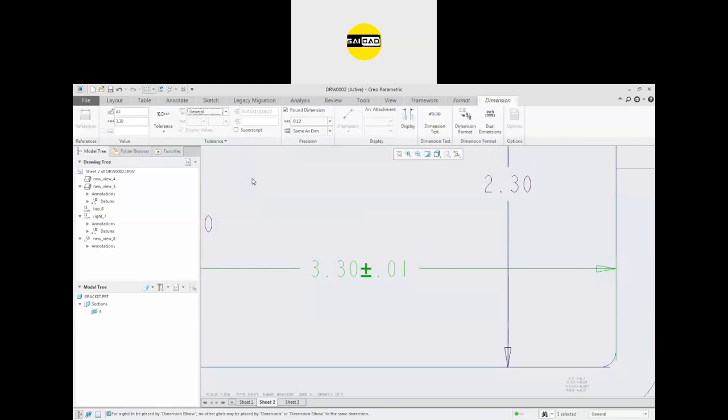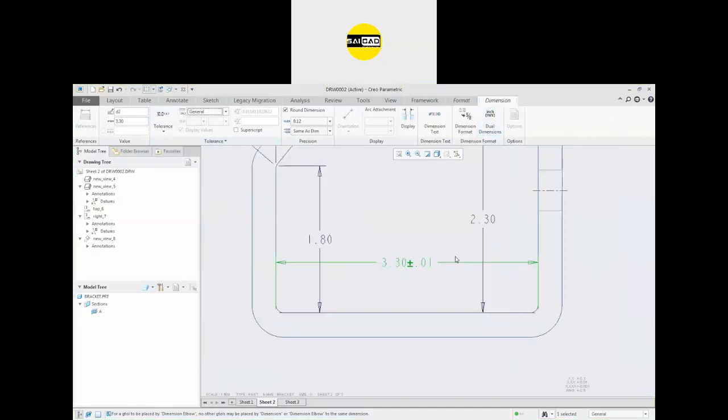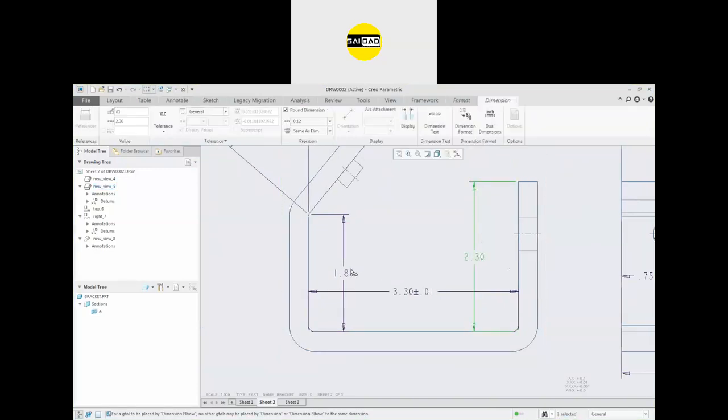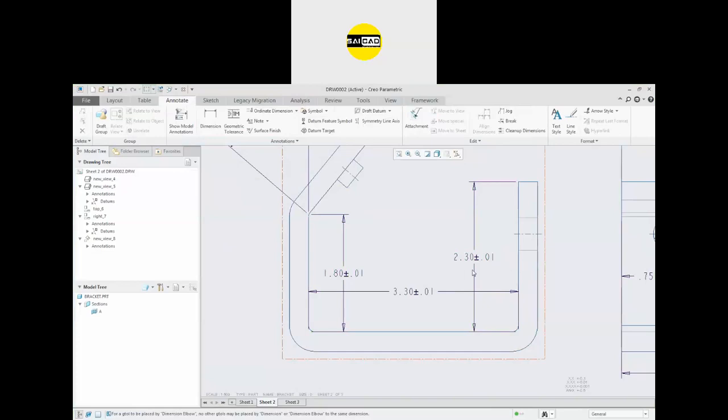The normal dimension type for the tolerance can be selected from here. So what to do? Just select the dimension where you want to define it. Okay, like that here. So you can see we have options here. Select whichever type you need. I need a symmetrical, so there will be the plus minus value.